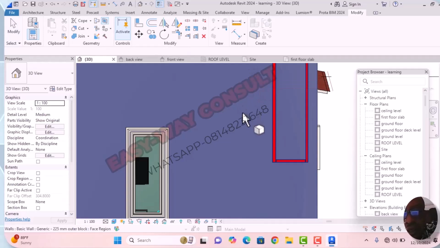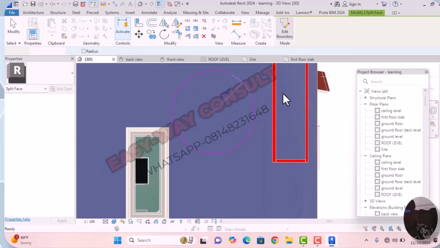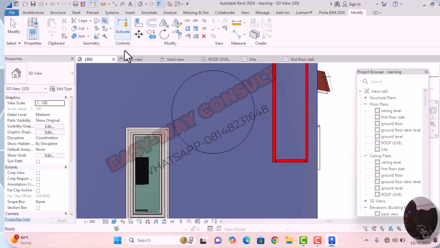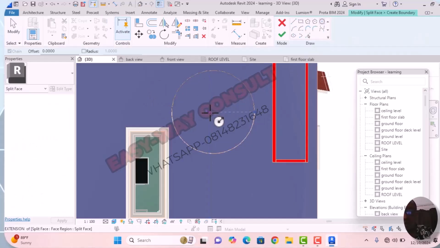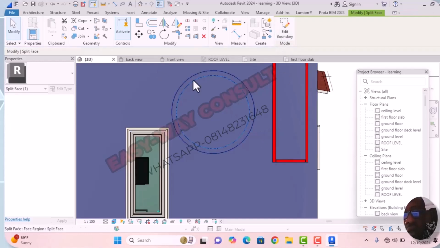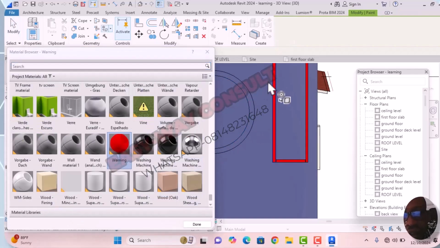Splits. Look at this. Let's try this cycle. Finish it. Go to split again. Finish it. Splits. Take it. Now you